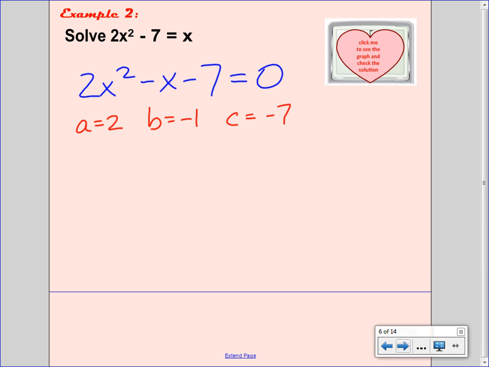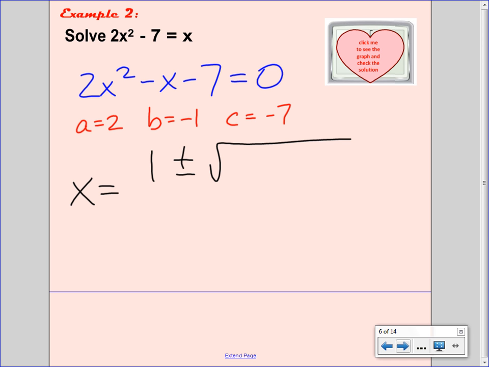If it's missing entirely, as in if there isn't an x term, then it would be 0. If it's there but without a number in front of it, then there's one of them. Okay? All right, ready to roll. X is equal to negative b. Well, b is already negative, so negative b would be positive 1, plus or minus the square root